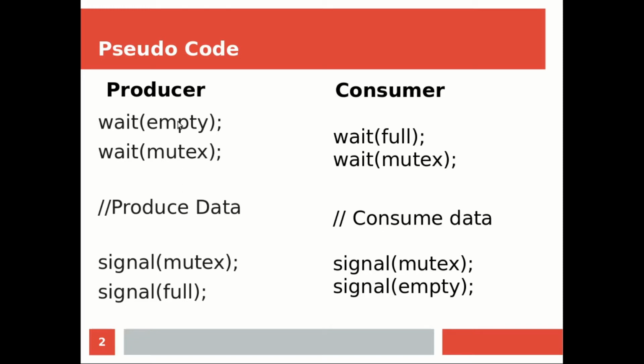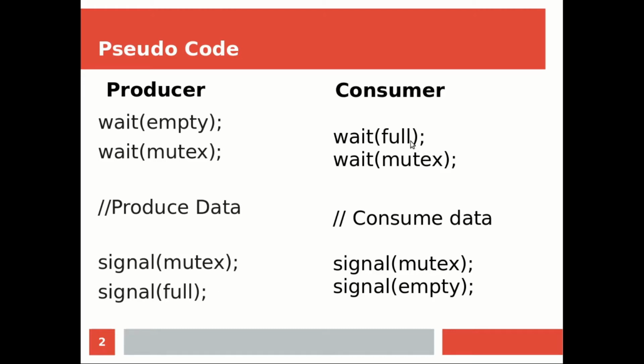And the next condition for producer and consumer is producer can't produce if buffer is full. Okay, so that's why here we have written wait on empty. So if empty value is 0, that means all the slots are occupied, then producer can't produce. And whenever the producer is exiting from here, he is allowing others to enter into the critical section, as well as the producer is incrementing the full count by 1.